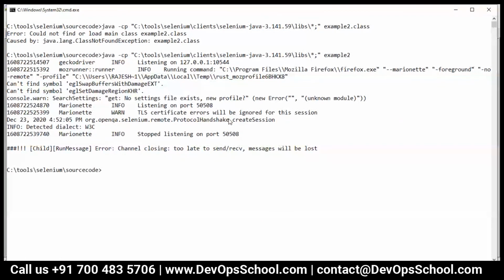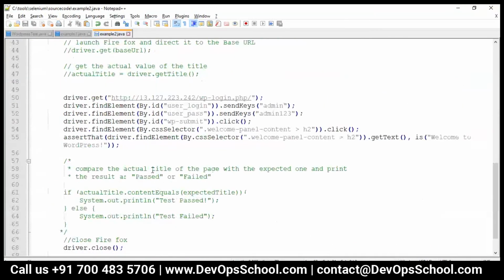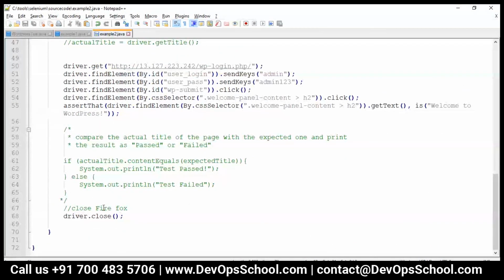Here I did not print anything. You can write those conditions here. If that opened, if welcome to WordPress is matching here, then test passed, or else test failed, like that. So guys, this is Selenium. Did all of you understand this?